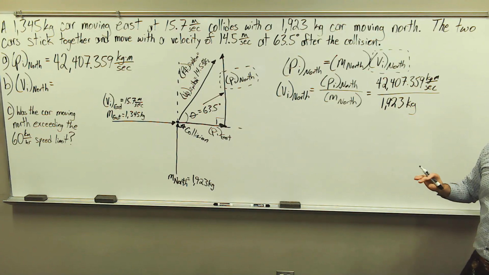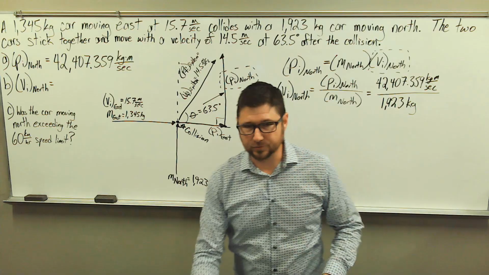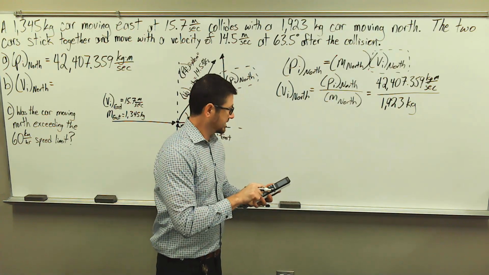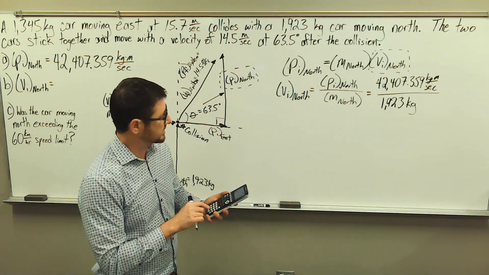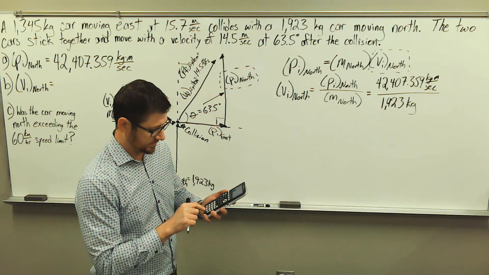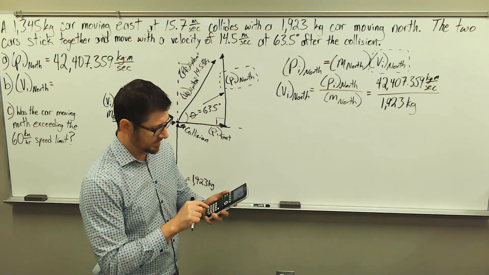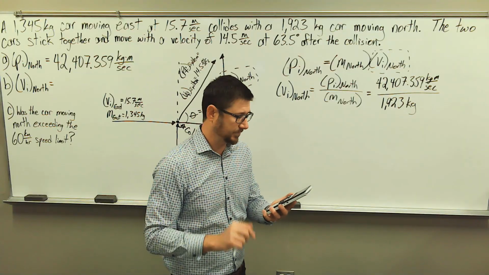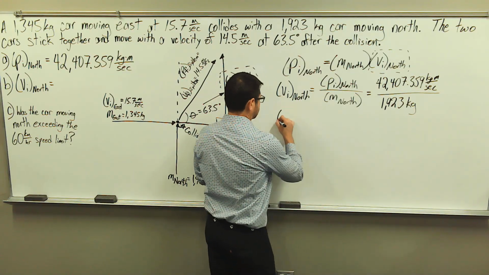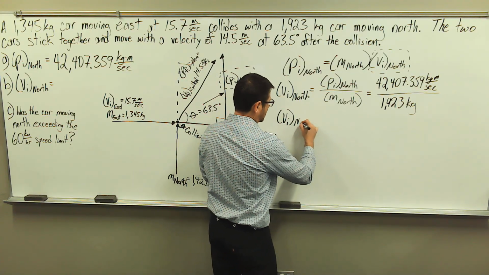So first, what I want to do is take care of the numerical value, okay? So what we have is 42,407.359. We're going to divide by 1,923 kilograms. And this will give us initial velocity moving north,